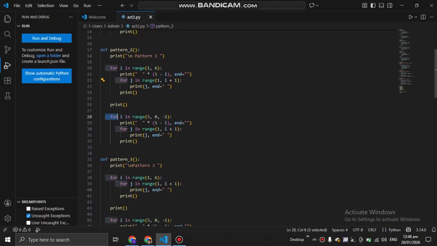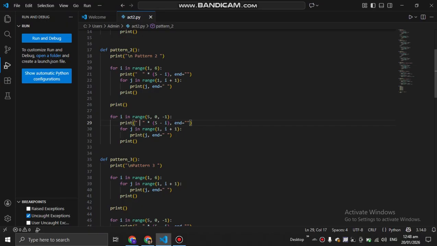So the second part is for i in range 5, 0, minus 1. So right-aligned decreasing pattern. So print blank space, then 5 minus i, then end equals blank space.